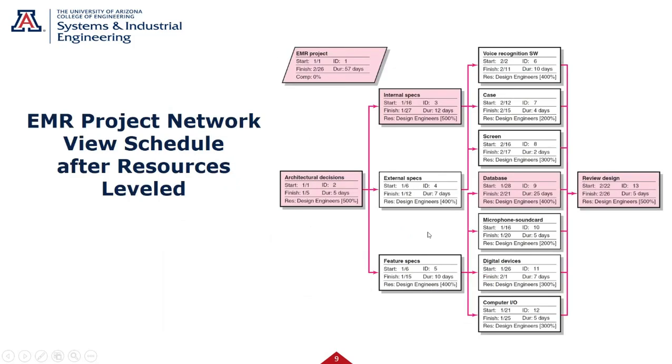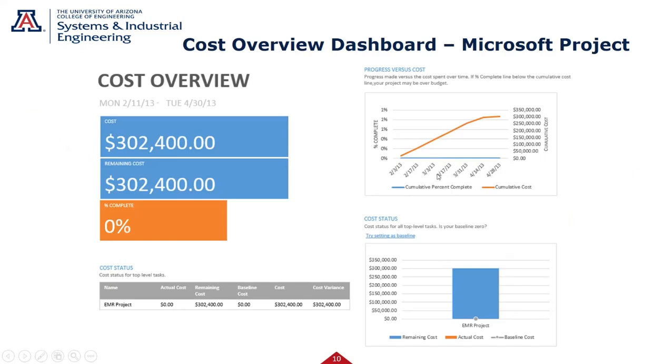Let's go back to our EMR project, though. Remember, it was initially 45 days, but the resources were limited to 8 heads. We had to move that. It became a 57-day schedule and we moved it out, but we got it to our 8 heads across the board. So now we can get these types of views. We can get a cost overview. The total cost,